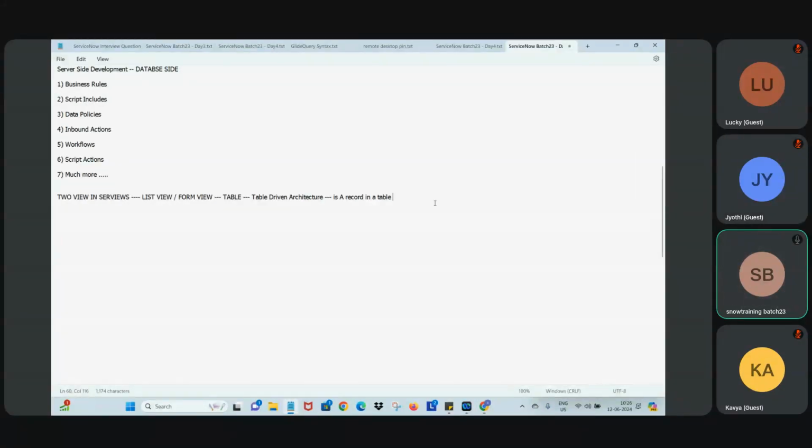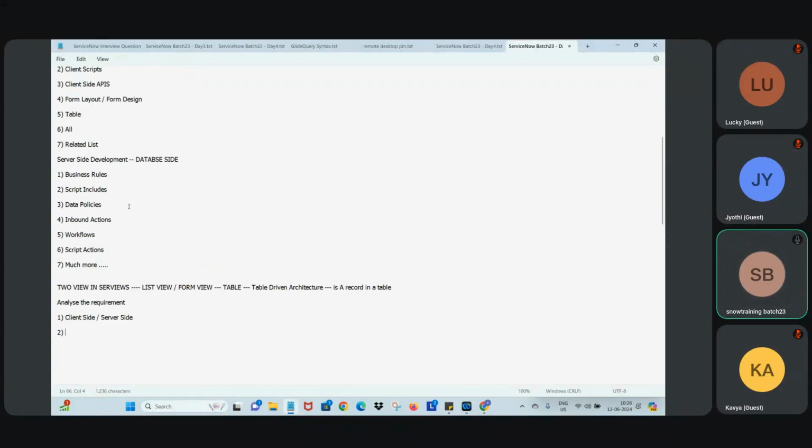Now, if you ask me what we need to do when any requirement comes, how to analyze the requirement: first you need to understand whether it falls under client side or server side. First you need to define that. Which piece of component do I use in order to build this functionality? That you need to know first. The second one,